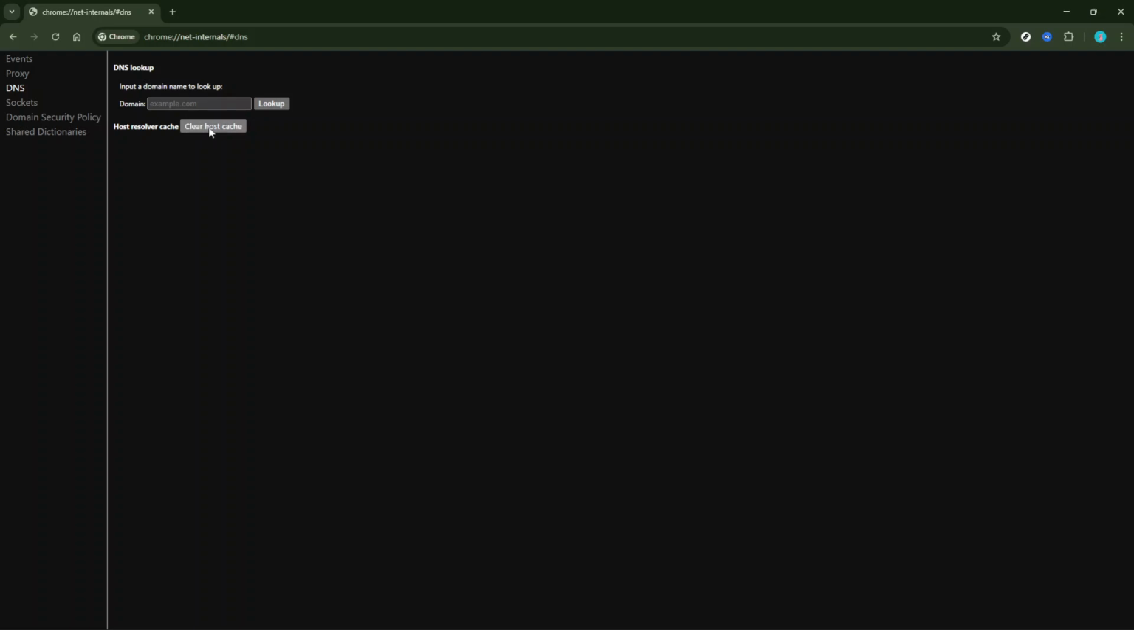What this does is clear the entries stored in your browser's DNS cache. Think of the DNS cache as a directory Chrome maintains, like a phone book of sorts, enabling it to quickly find sites you've visited in the past. Clearing this cache can be particularly effective if you're experiencing issues such as pages not loading correctly or stale cached